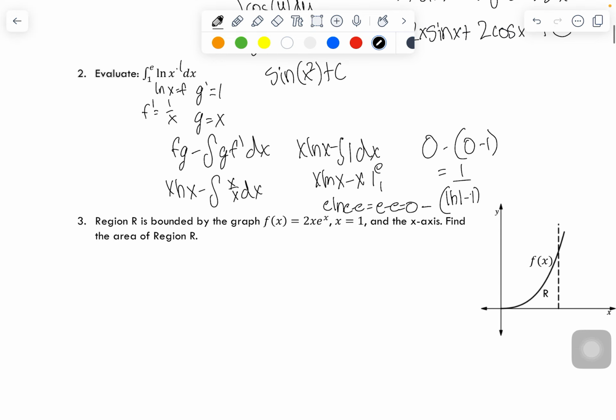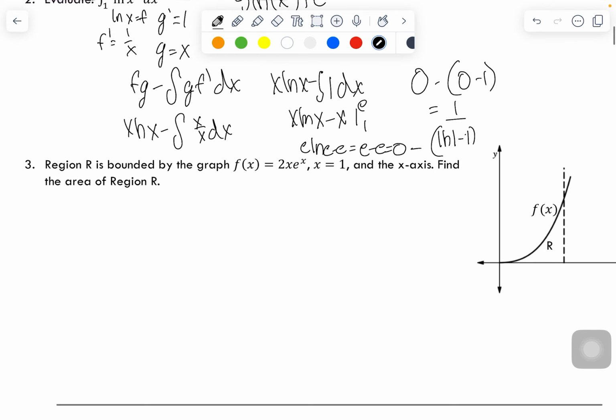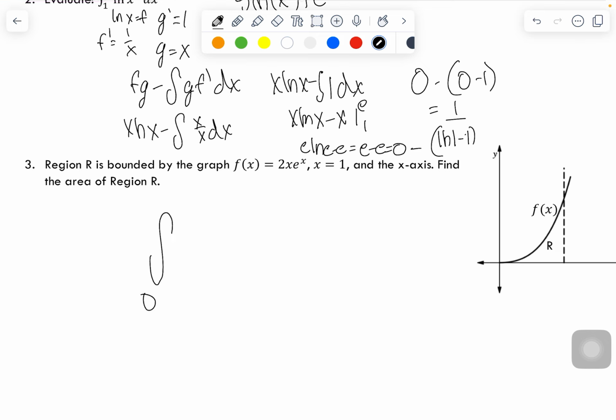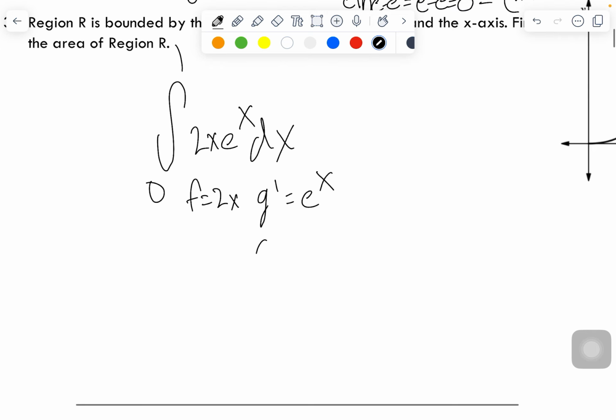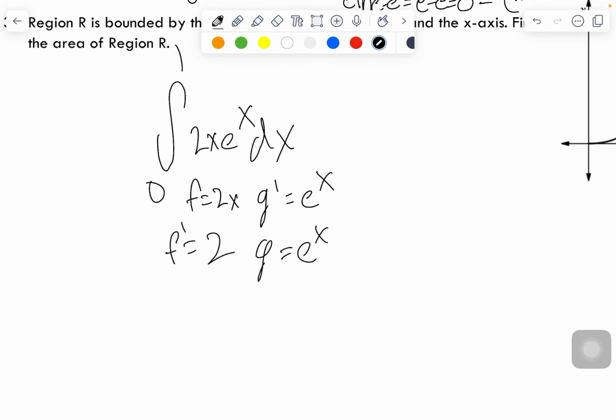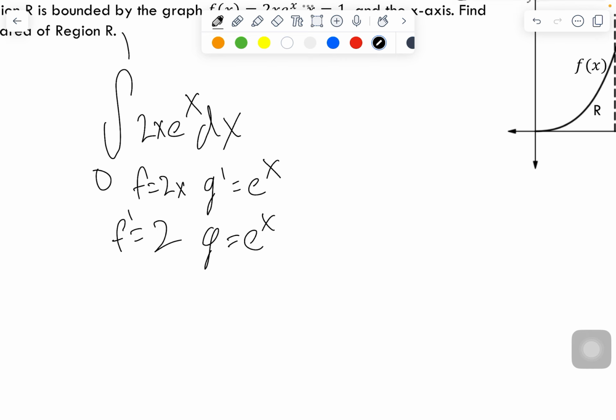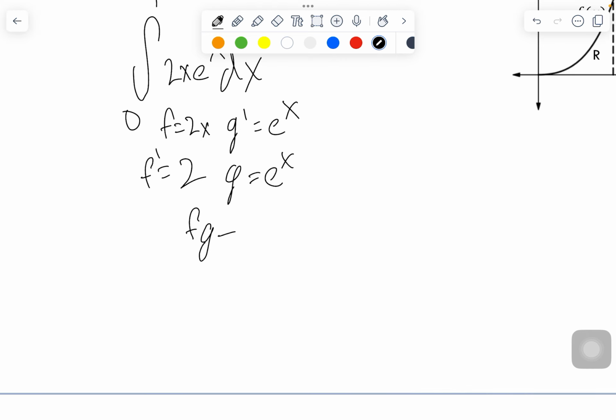And here we can see that we can use by parts on a graph as well. So we want to find the integral from 0 to 1 of 2x e to the x. We can set f equal to 2x and g prime equal to e to the x, since it's easy to take the antiderivative of that, the f prime being 2. So then we can use our formula for by parts, which is fg minus the integral of g f prime dx,